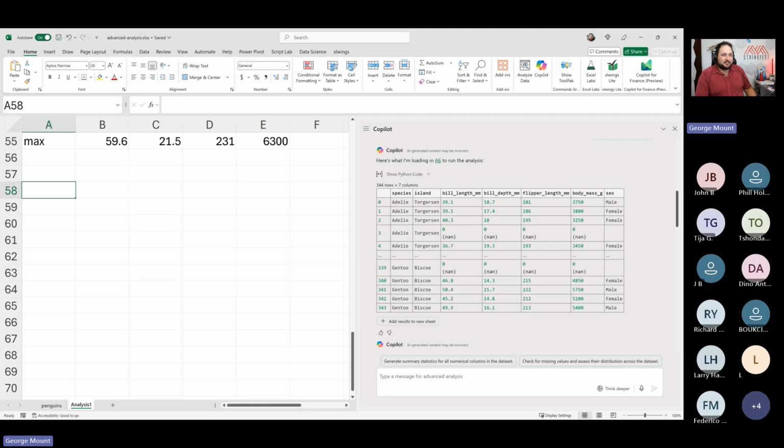I'm going to ask, are there any outliers? I'll put this in the chat as well. Any outliers in the bill length, bill depth, flipper length, or body mass columns? Okay, now the generative AI should be smart enough to know that bill length is this column, bill depth is